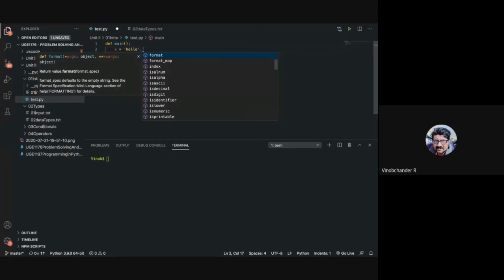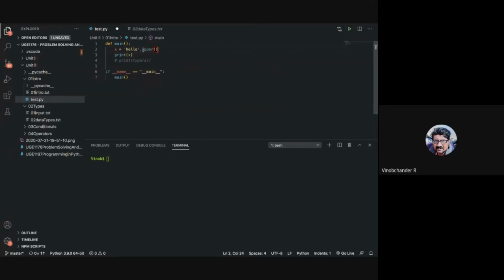For example, if I say hello dot upper, this will give me the uppercase of hello. Similarly, lower. So this is already in lowercase, so if I put it in uppercase, this is giving me lowercase.